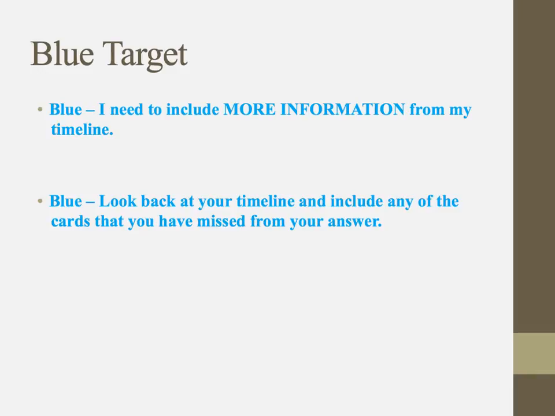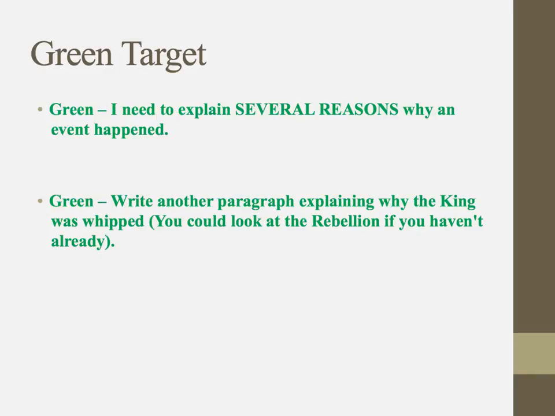So for example, there's about 8 clues. So look through. First clue, I think it's clue 6. Have you included the information from clue 6 in your answer? Yeah, move on to the next one. I think it's clue 4. Or whichever way you've done it, whatever system you've used for getting the information down, look back through your timeline, and on each individual clue or piece of information that you've stuck in, see if you've included it in your answer. And if you haven't, add it into your answer. It might be that you need to put a star and then add it in, or it might be that it's a new paragraph or whatever. But look back through and get more information from your timeline in your answer.